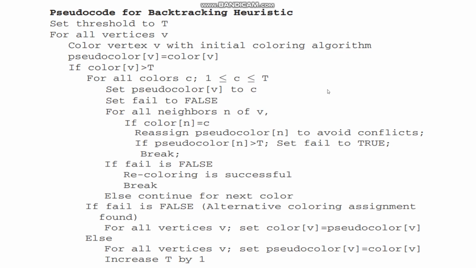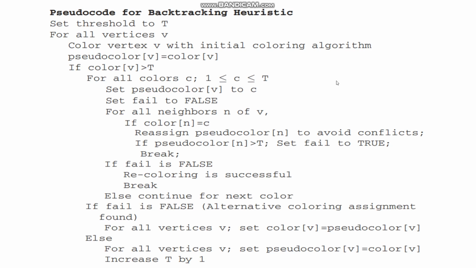Suppose a particular vertex was going to be colored, but its color set is exhausted. So it means that we need more than 5 colors. We need to introduce a 6th color to color that vertex. So what will BSC do is it will introduce that 6th color and move on. It doesn't care about the upper bound, right?